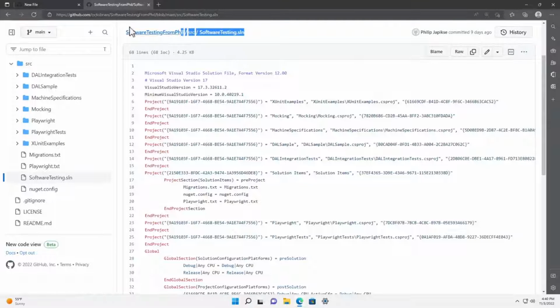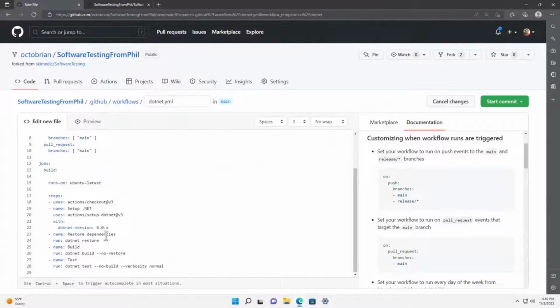So we can do a little clipboard inheritance, go over here, and right after the restore command, paste it in. We'll get a little magic from the clipboard, and understand that YAML is white space sensitive. In other words, these indentations and things matter. And then what I'm going to do here is just put a dot, and that says, okay, from this directory, look for a directory called SRC, and then look for the SLN.